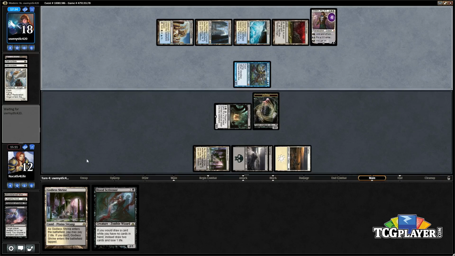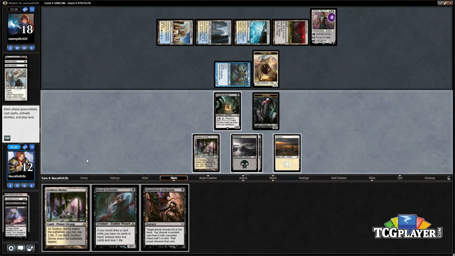Probably just makes a token. Try Inquisition. So if we play Inquisition, then we play Blood Scrivener, and then we play an untapped Godless Shrine, we go to